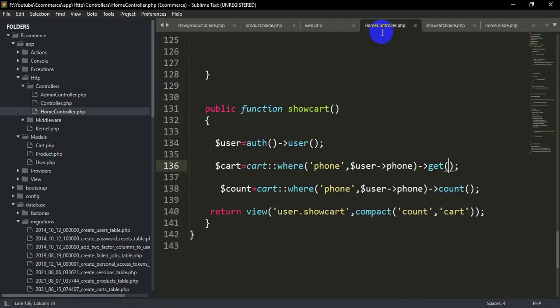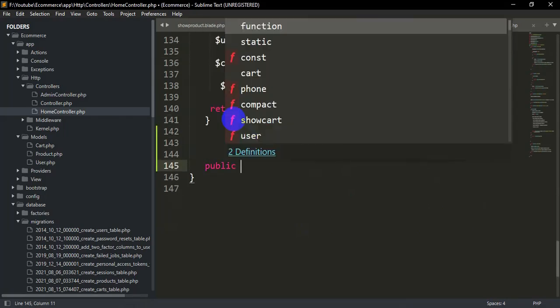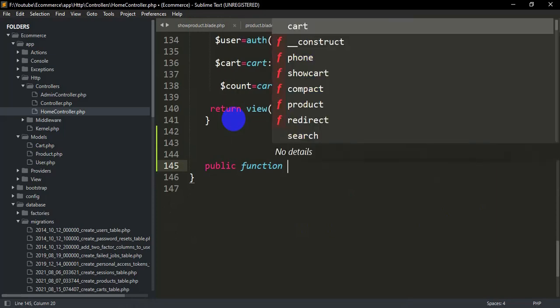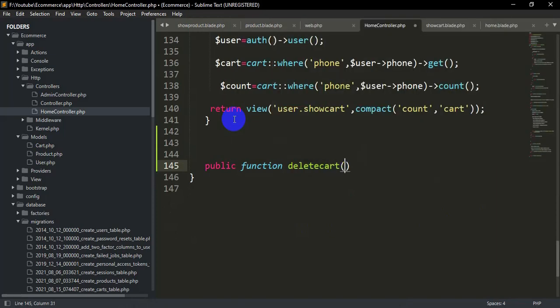In the home controller, we are going to say public function deletecart, and inside it we are going to mention the ID. After that we need to declare a variable.